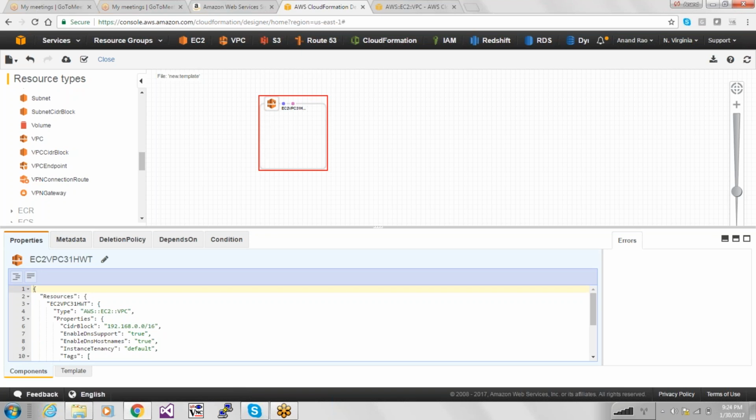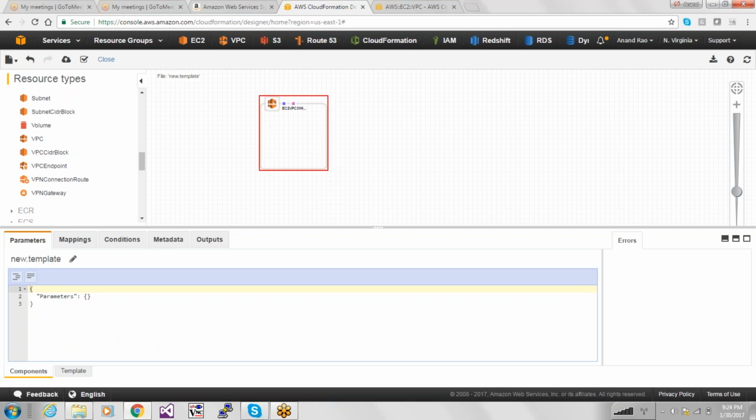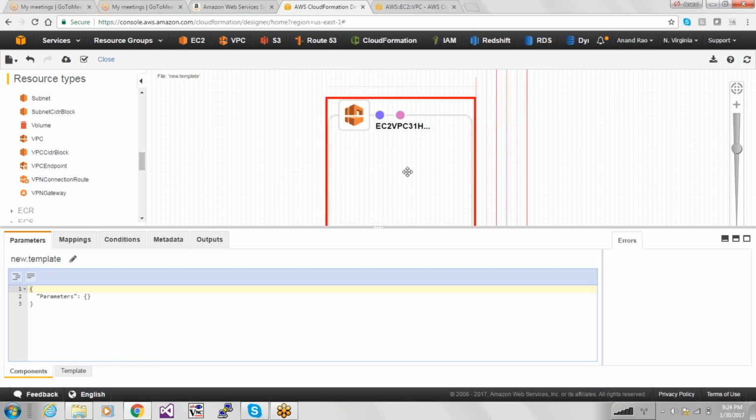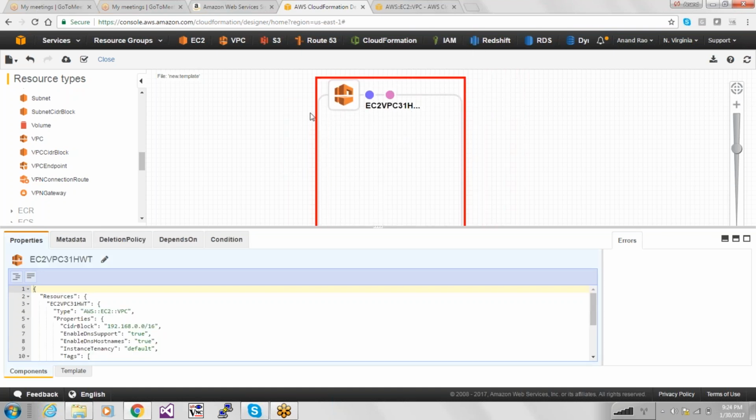Yes, actually I'm unable to resize it. There is a way you can resize it. On the right side I should get a small dot or something to change the size of it. The width is, it looks like a square. I can change it to a rectangle. It's not giving me that option now. Anyways,